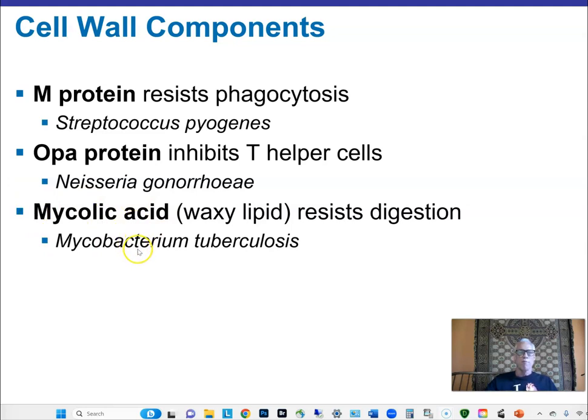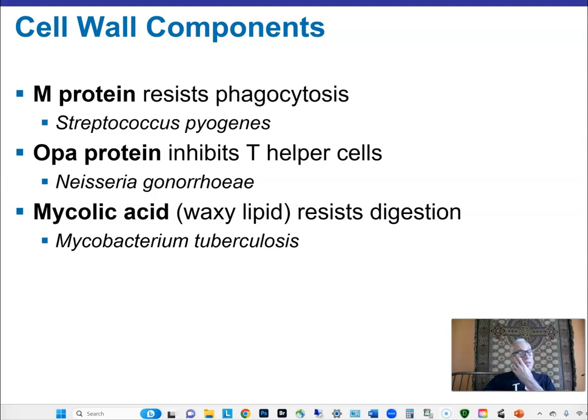Mycobacterium species have that waxy mycolic acid cell wall, and that makes it hard for the lysosomal enzymes to digest them. And in fact, they can survive in macrophages. Mycobacterium tuberculosis causes a massive accumulation of macrophages in part of the lung, where these things are multiplying right in the macrophages, and eventually the body, in an effort to try to isolate this problem, since it can't clear it,